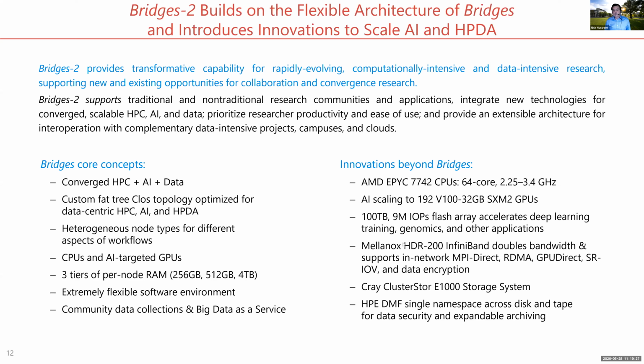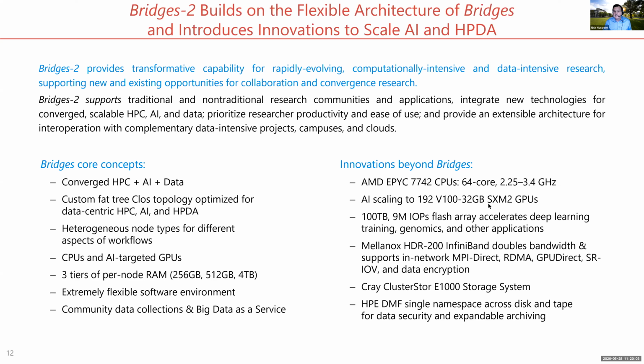Now, where we go beyond Bridges is upgrades of everything, obviously. So the CPUs are now really the most powerful CPUs in this time frame. They're AMD EPYC Rome 7742 CPUs. I'll go back into these in more detail, but they're 64 core, they're really monsters. That means 128 cores per node, 8 memory channels each. AI scaling to all 192 V100 32 gigabyte